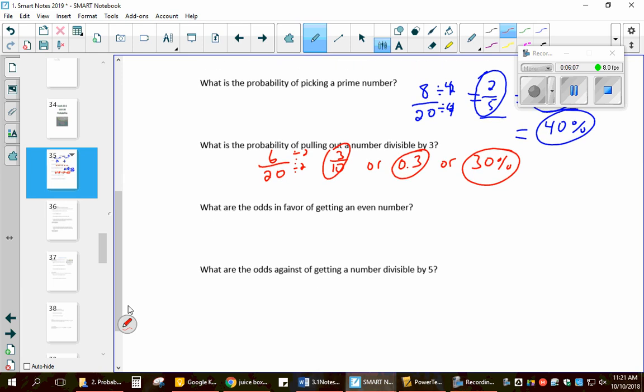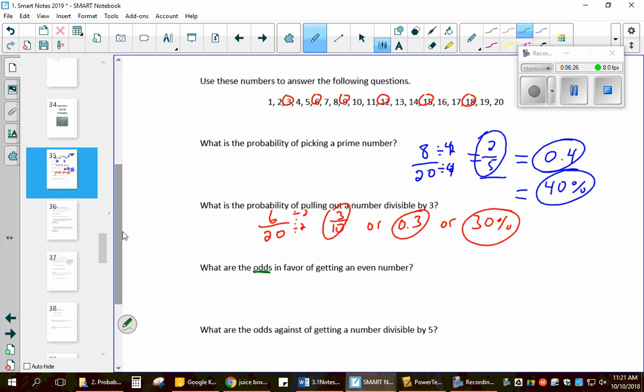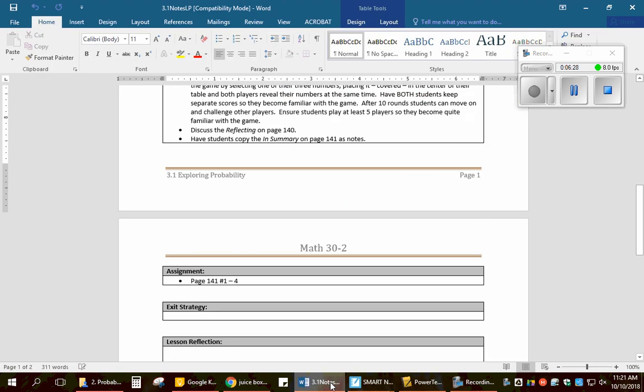All right, what are the odds? So what I would do when you guys are doing these questions, because it's not always as obvious as this, as soon as you see the word odds, maybe underline it, highlight it. Some of you have strategies of doing that, just because odds has a particular meaning, right? So odds in favor of getting an even number. Okay, so even,